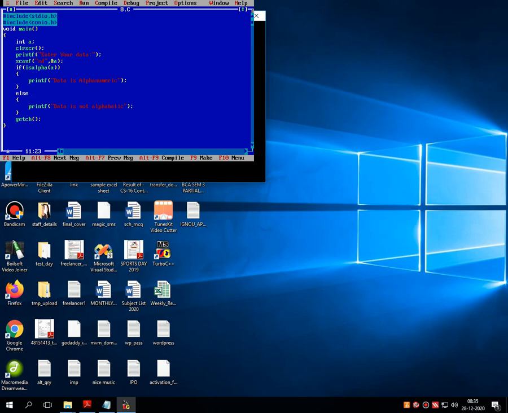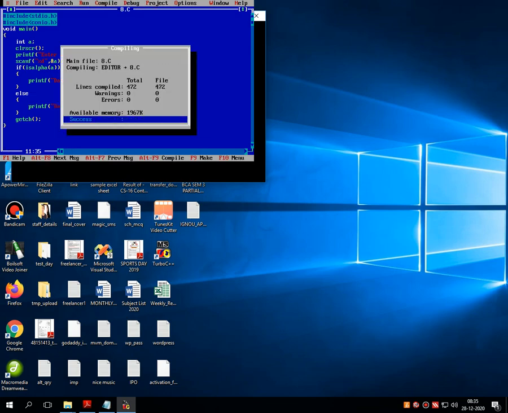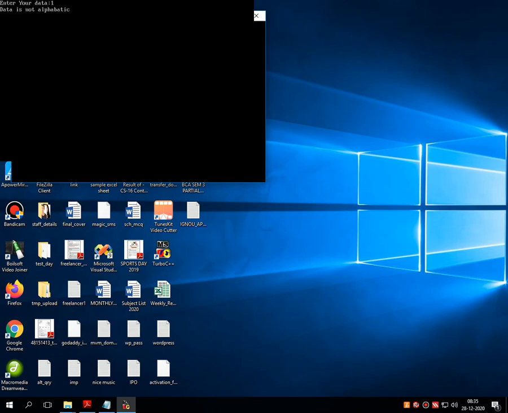And here I am simply giving a message: data is alphabetic. Let's compile and execute. For 1 it returns data is not alphabetic, and let's give a.